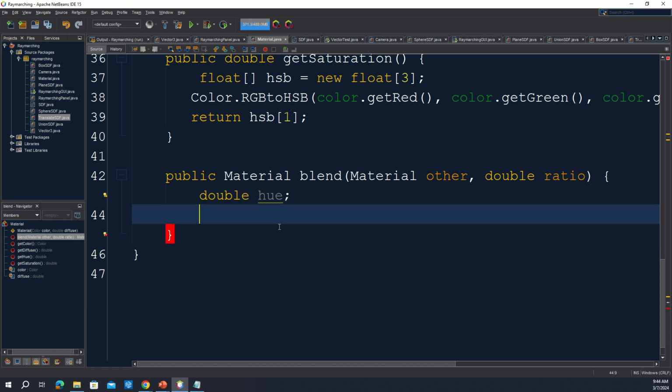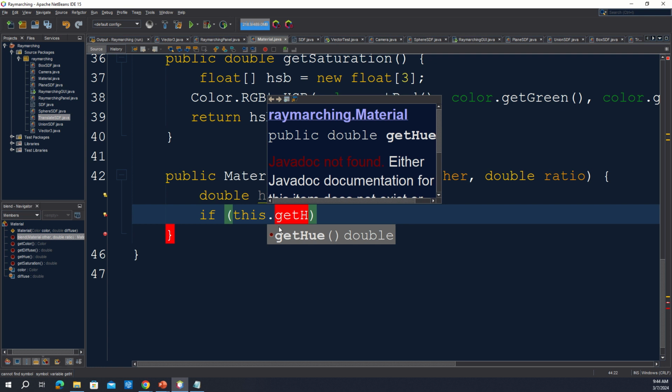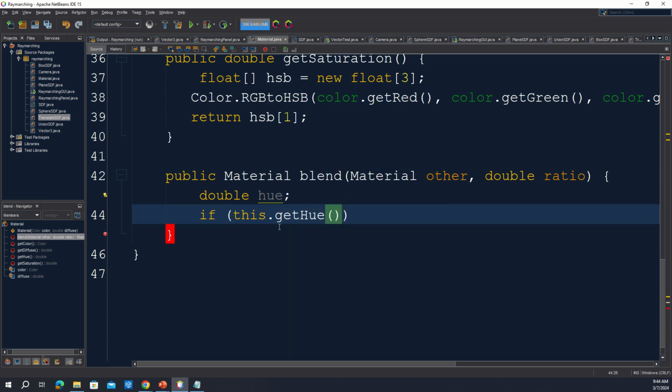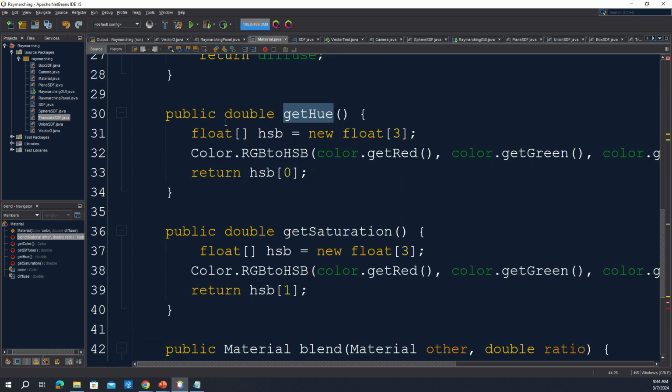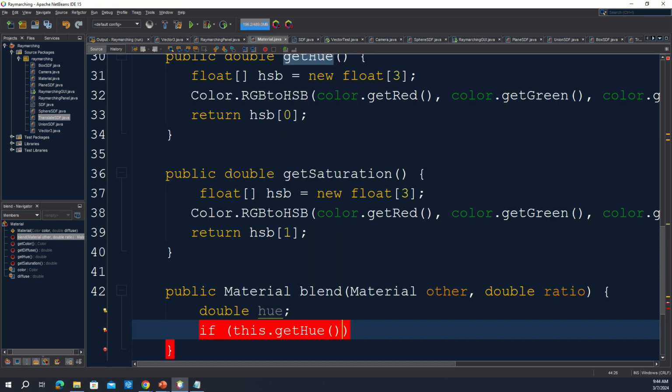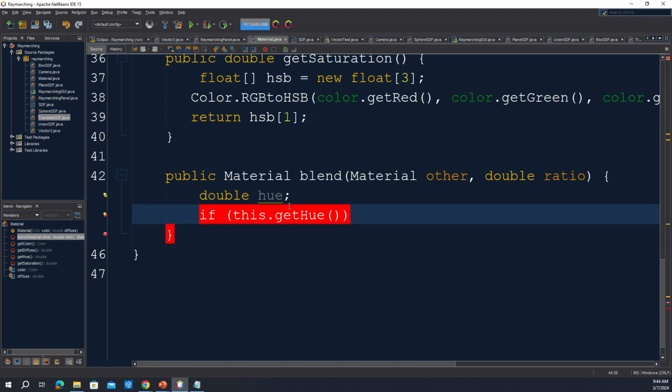So there's probably lots of different ways to do it, but what makes sense in my head is to check to see if this hue, and actually rather than calling get hue over and over again, it might be slow. That's fine. It's just going to happen once. So, if this hue is larger than the other hue,